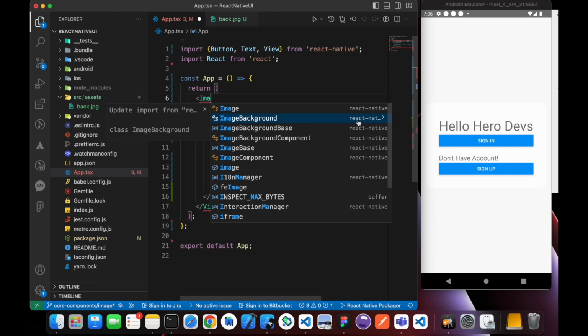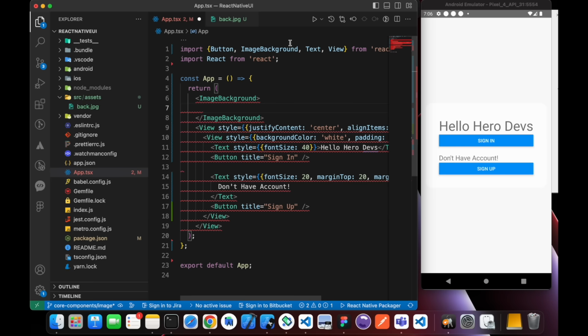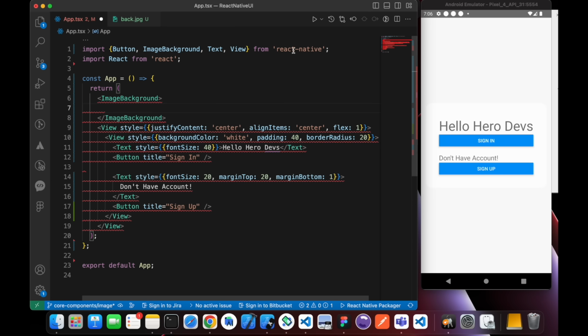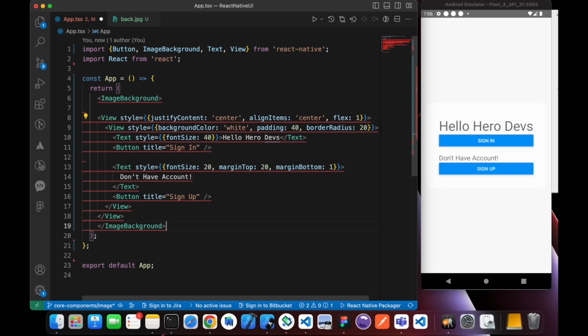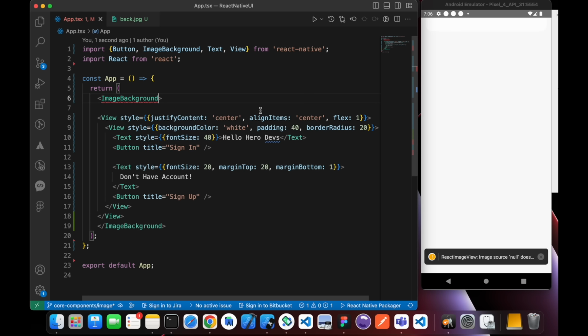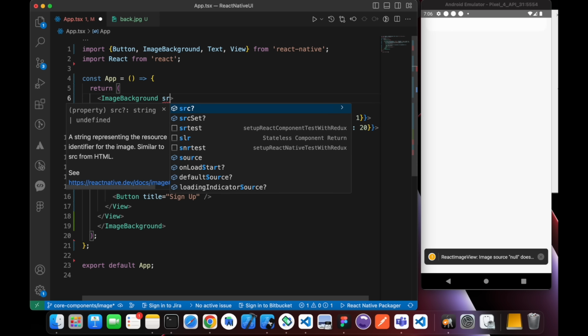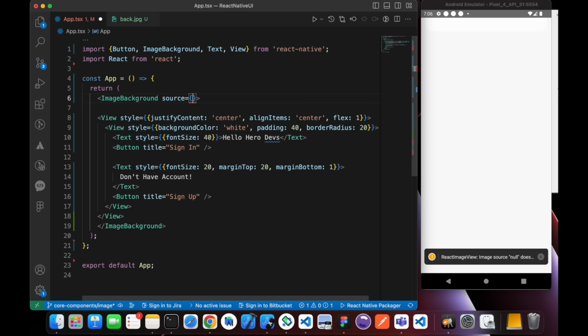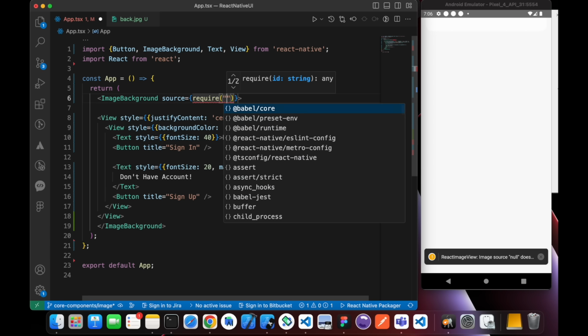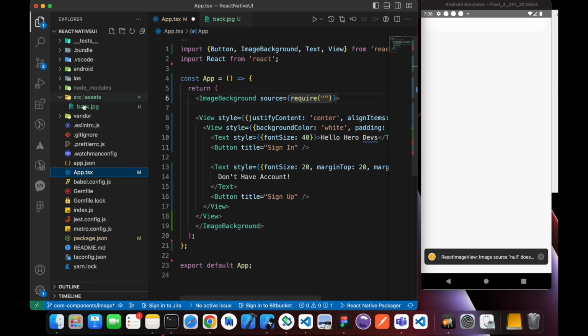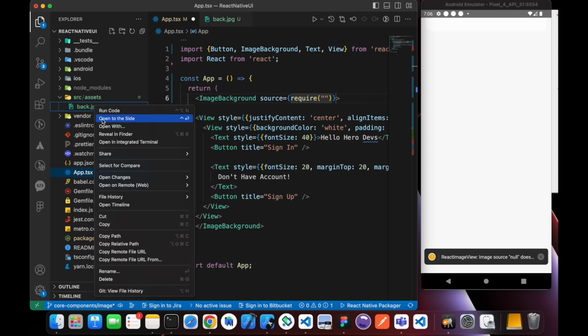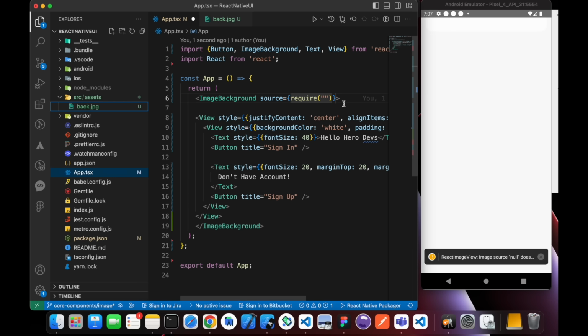There is a component in React Native called ImageBackground. We're going to use it. Just don't forget to import it from React Native here. Let's wrap our code with this ImageBackground and let's give it a source. And this source will be the require function. And we have to pass the path of this image. We have an easy way, but I want to teach you how to do it. We can copy the relative path